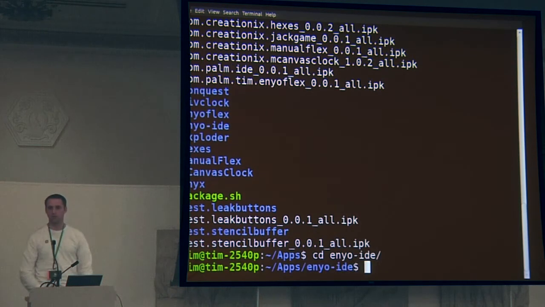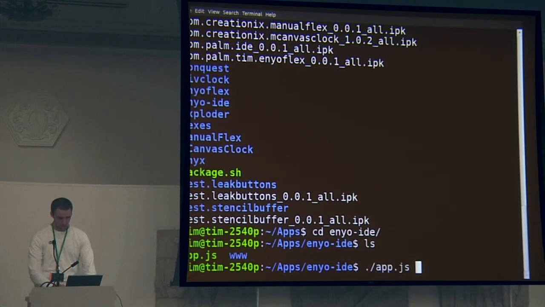And so, what are you going to use for a GUI toolkit when you're making a desktop app? You can use whatever you want. I work at Palm, so I'm going to use Enyo. There's going to be a talk about that later. And I'm making a text editor, so I use the ACE component that the Ajax org guys made, and it's a really good editor.